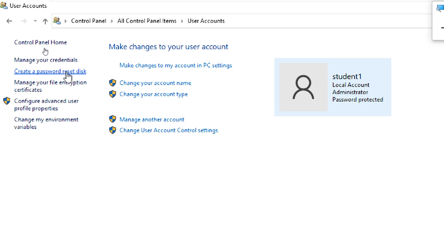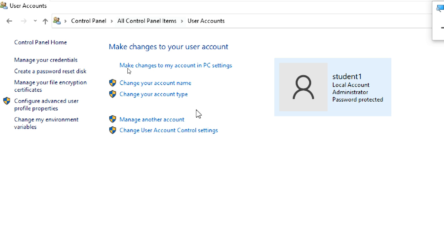So you connect a USB drive, a pen drive, and go to create a password reset disk. Then your password is stored in an encrypted format on your pen drive. If you forget your password, connect your pen drive, recover your password and change it. So you can access your system even if you forget the password, because it is available on the pen drive.